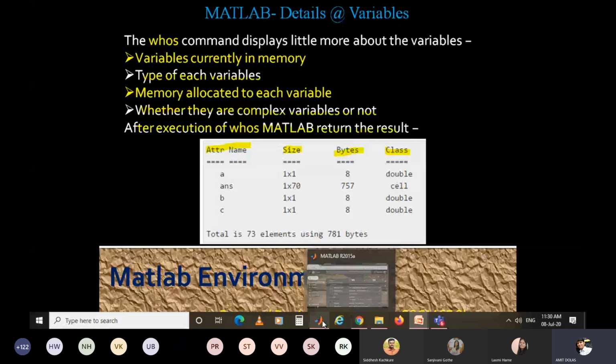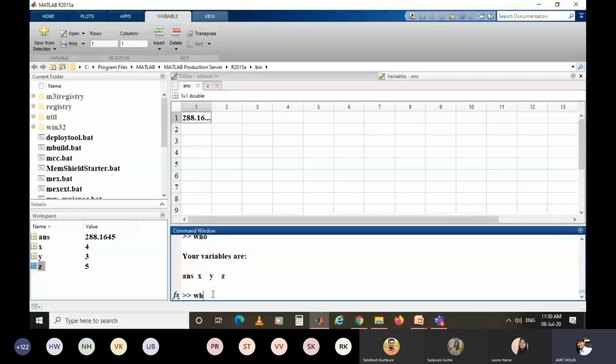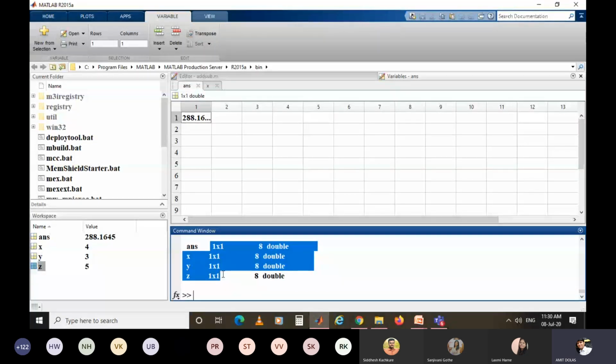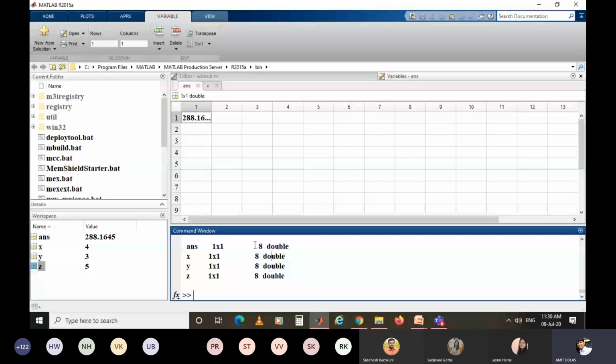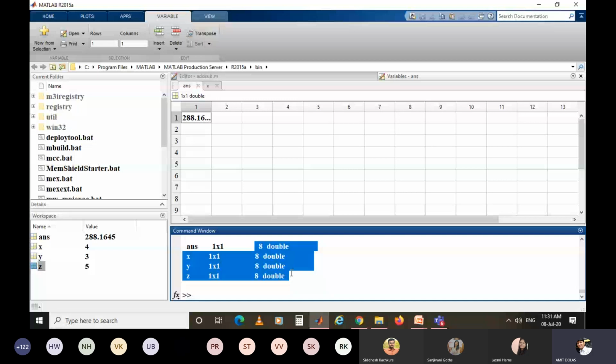I'll write whos, and you can see here we get name, size, bytes, and class. All the variables are 1 by 1 matrices, and all have the double data type or class.